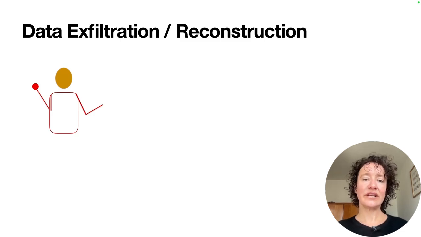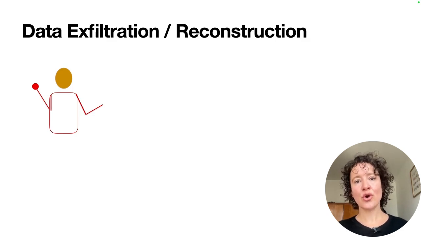And so if we can determine that something's in the training data, we can potentially also target it for data reconstruction or data exfiltration. So we want to try to get as close as possible a copy of the training data out of the model. How does this work? Well, here I am. I already ran my MIA, my membership inference attack, or maybe I didn't, and I'm just testing out exfiltration. That's fine.